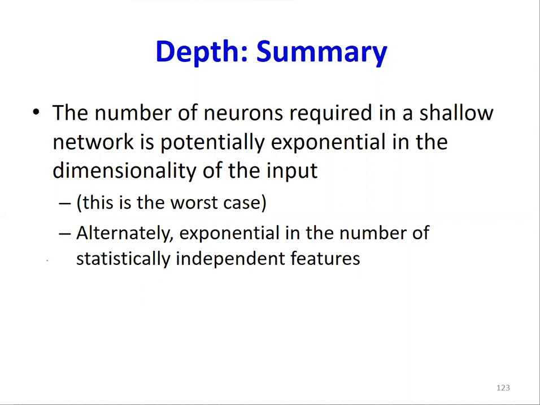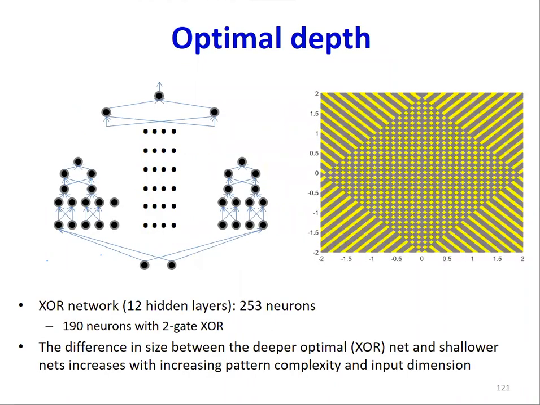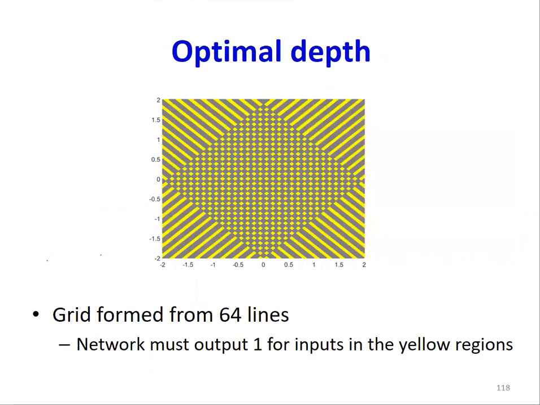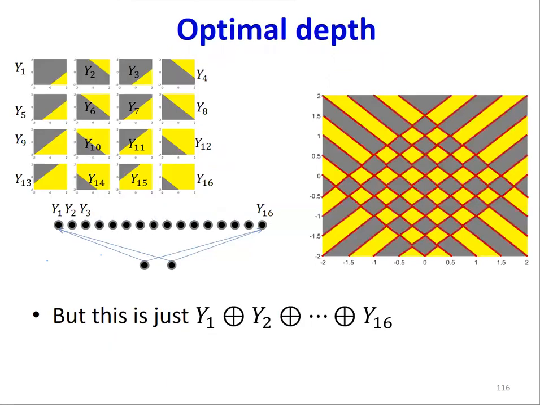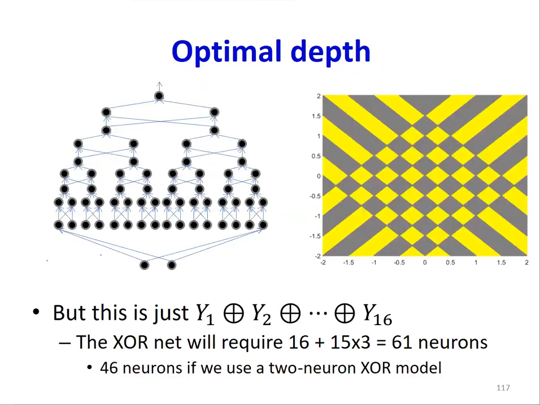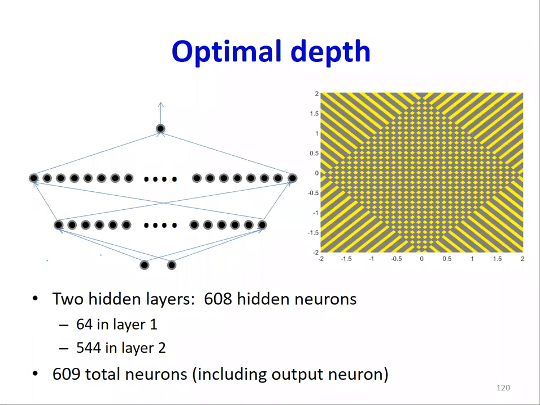So is parallelization more over the width of a network than the depth, or is it the same? It's actually going to be more over the width of the network, but then the trade-off is not in your favor, right? The 64 is because this has 64 lines. Just as in this case, I had 16 lines and 40 boxes. Here I have 64 lines and 544 boxes. Does that answer your question?